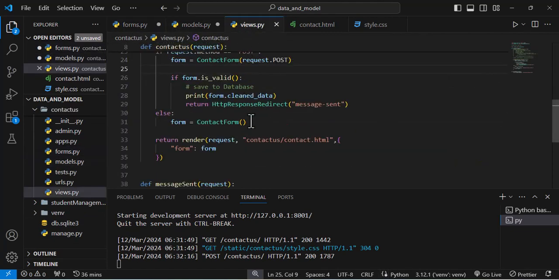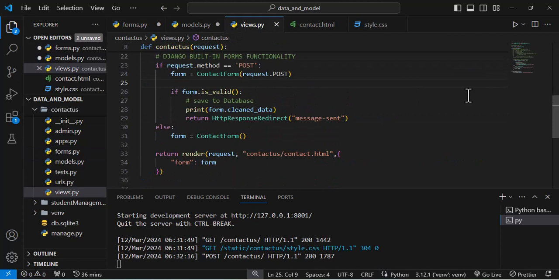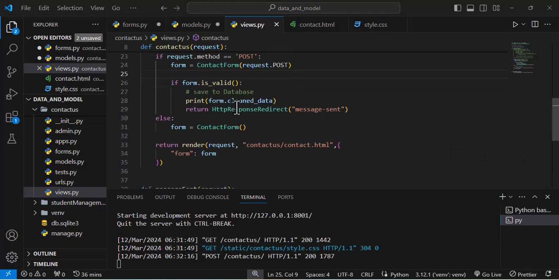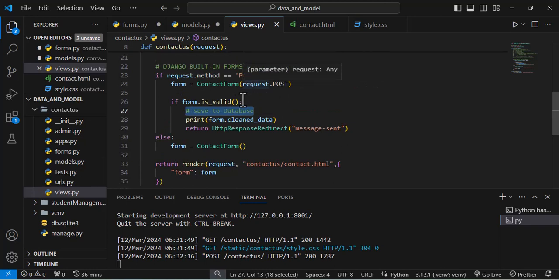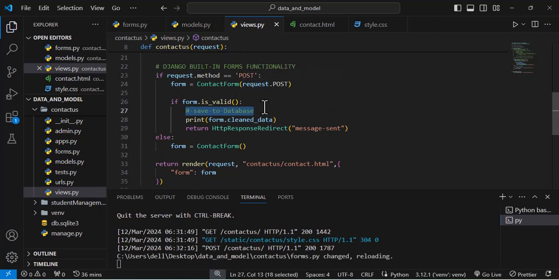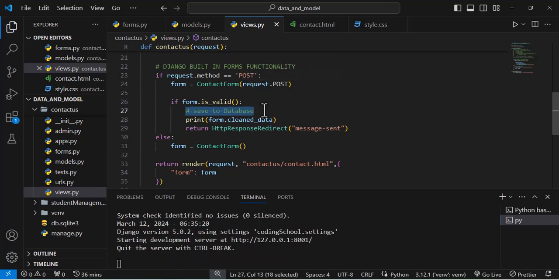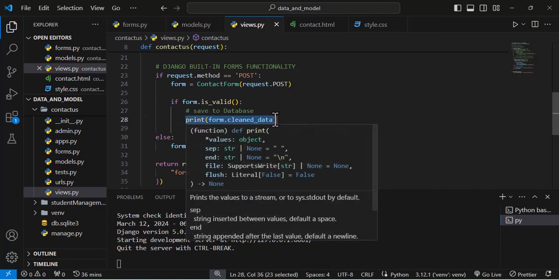But for now, before I run the migration, you can come to your views, so that when the user has a correct, validated entry, I can then execute this functionality of pushing to the database. But for now, before I push to the database and run my migration, let me try to enter the right value from the user, and let me see what we are getting in my console when I print